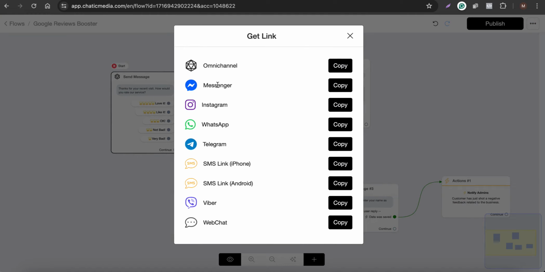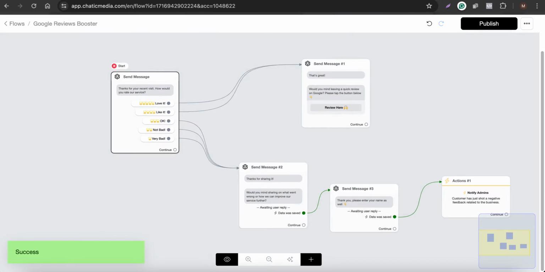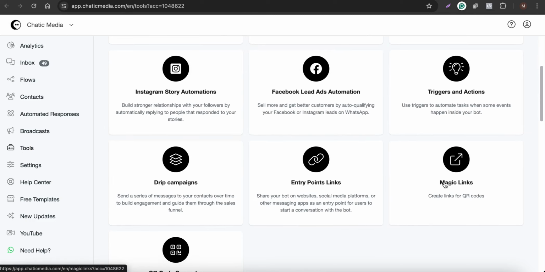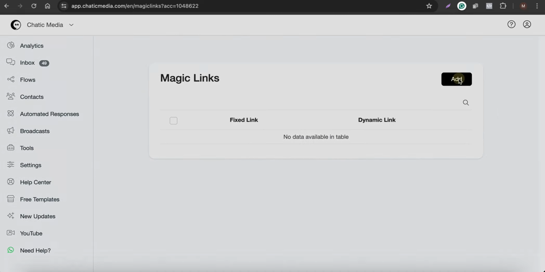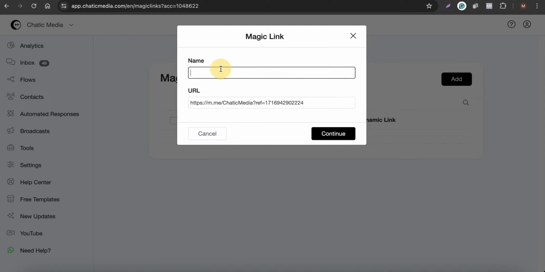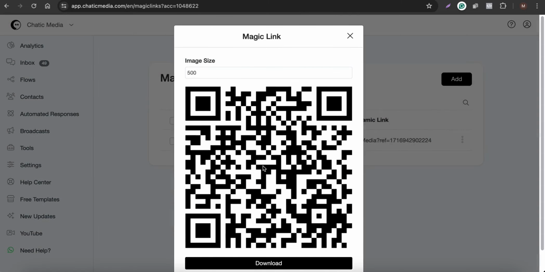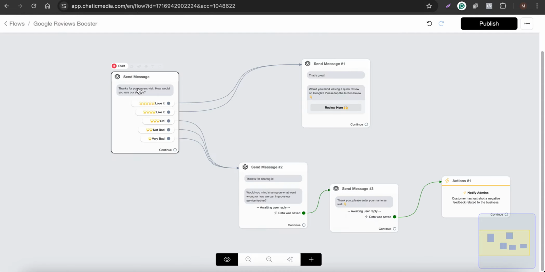So first let's create a QR code on messenger over here. So you can simply use this particular copy link over here, and here you can use our tools section, and in tools you have the magic link option. In magic links, click on add the URL, and here, messenger Google reviews. So here if you click continue, the QR code will be generated, and here get QR code. So if you scan this particular QR code, it simply opens the messenger and they will be prompted to provide